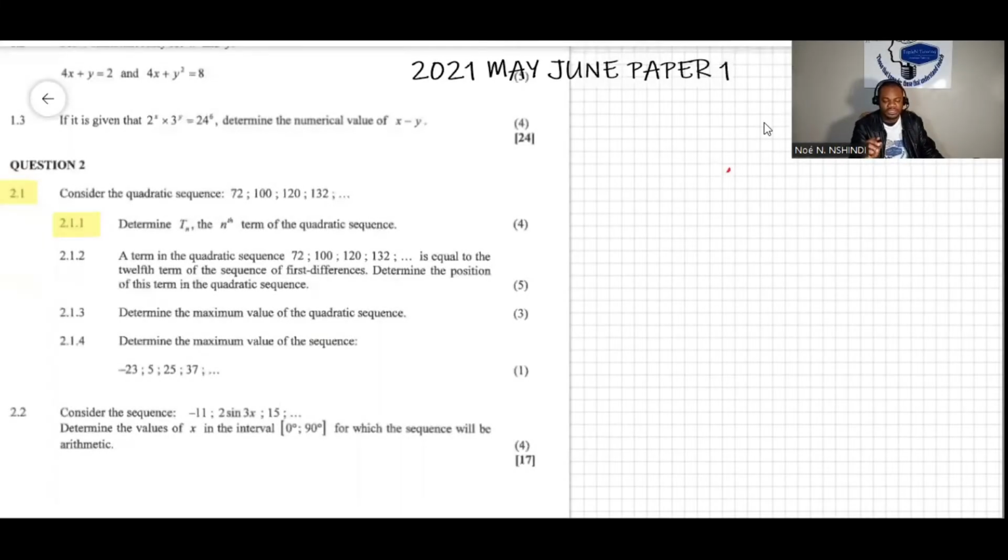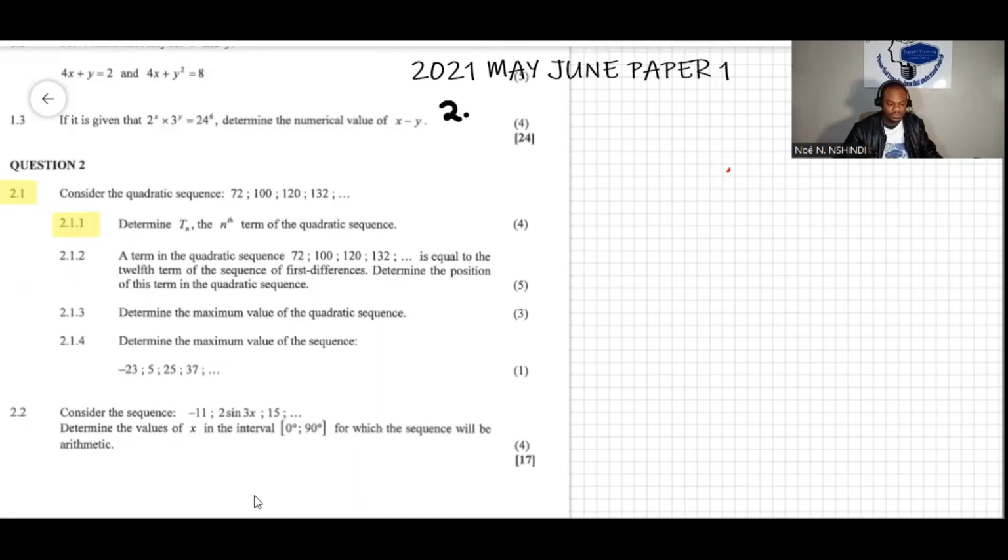Well, we have another question here. The question says, consider the quadratic sequence 72, 100, 120, 132. Determine Tn, the nth term of the quadratic sequence. Well, I am going to write the question over here. So we're doing